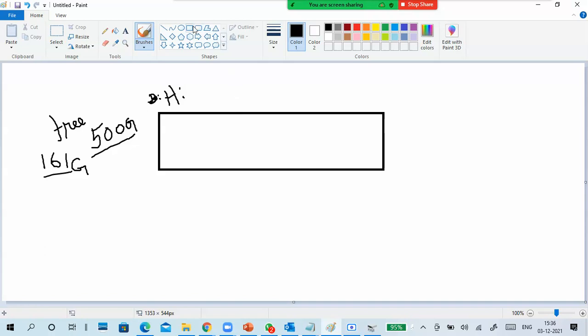Now the question is, I am creating a virtual hard disk. You know what is the virtual hard disk? It is nothing but a file in your physical hard disk. Virtual hard disk is just a file in your physical hard disk. Okay, it is located in your physical hard disk only, not anywhere else. So it is a simple virtual hard disk. It stores in the space where you created it.